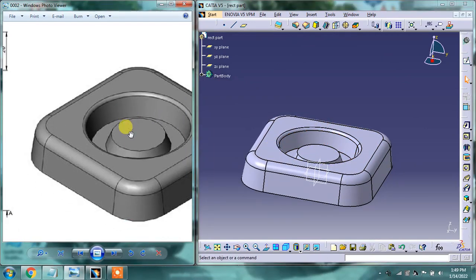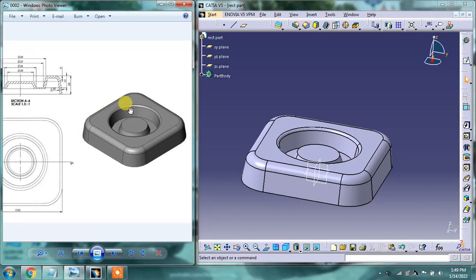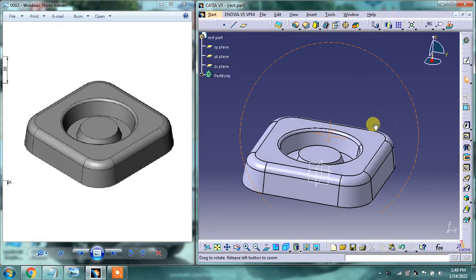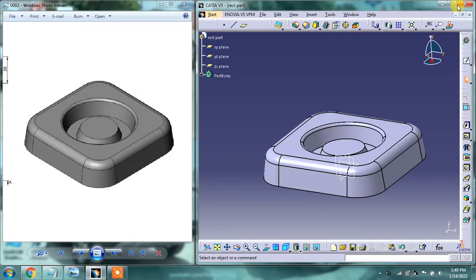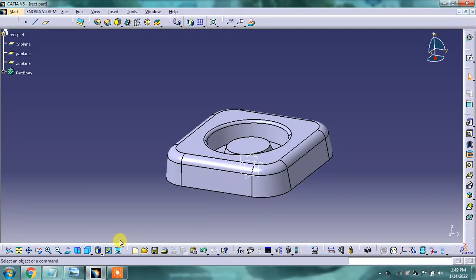So this is our model, or this is a model of a plastic cover, you can say. And let me section it. Let me see what it looks like after taking a section.